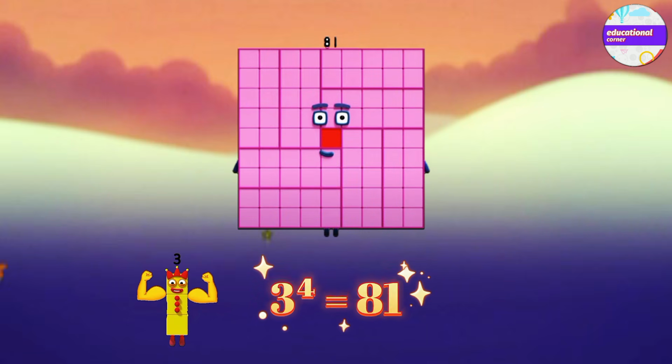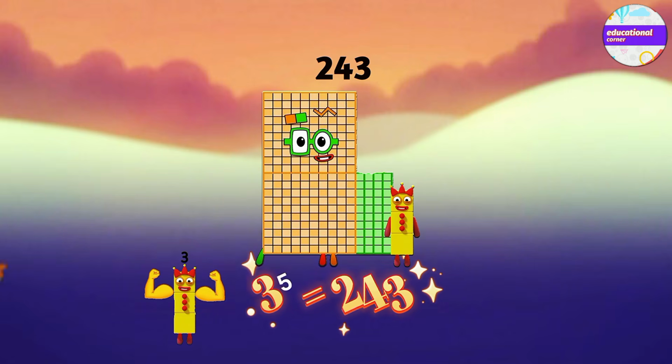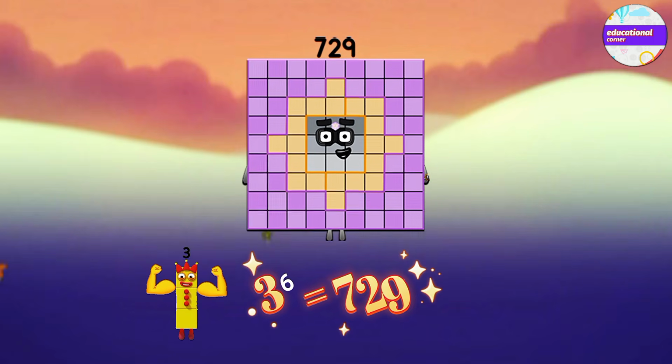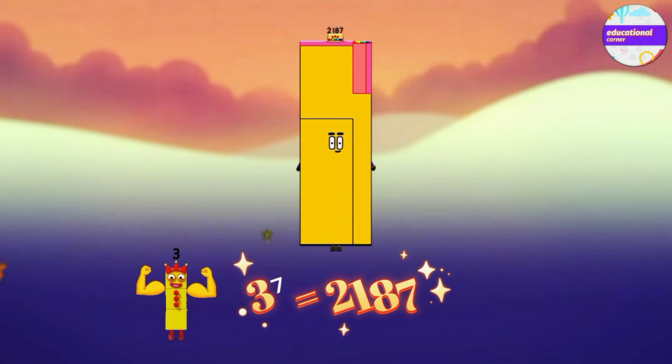3 power 4 equals 81. 3 power 5 equals 243. 3 power 6 equals 729. 3 power 7 equals